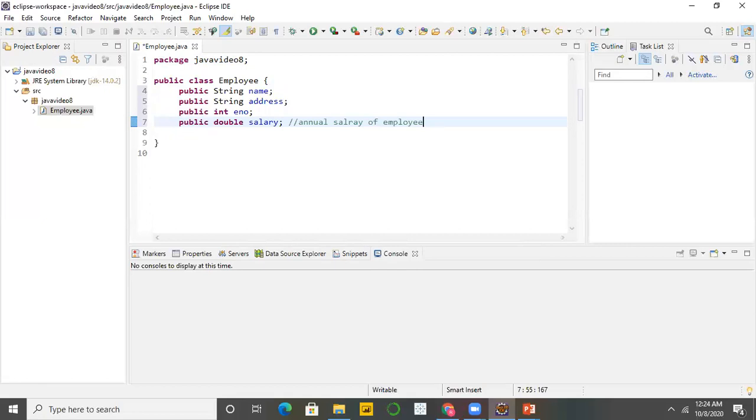So in this way we are adding the variables or the fields to the class. We already saw this in the previous video.